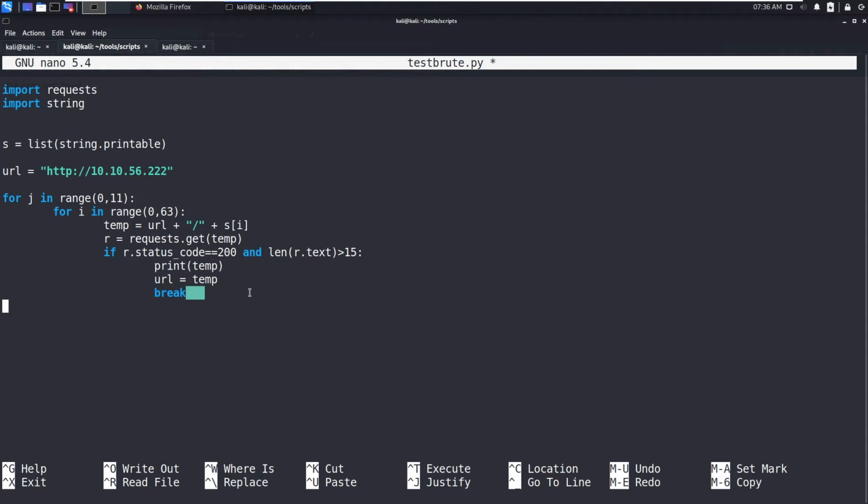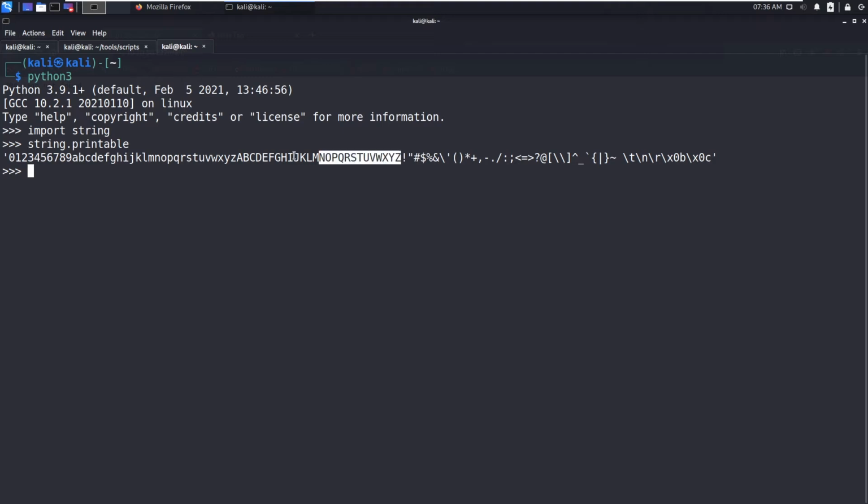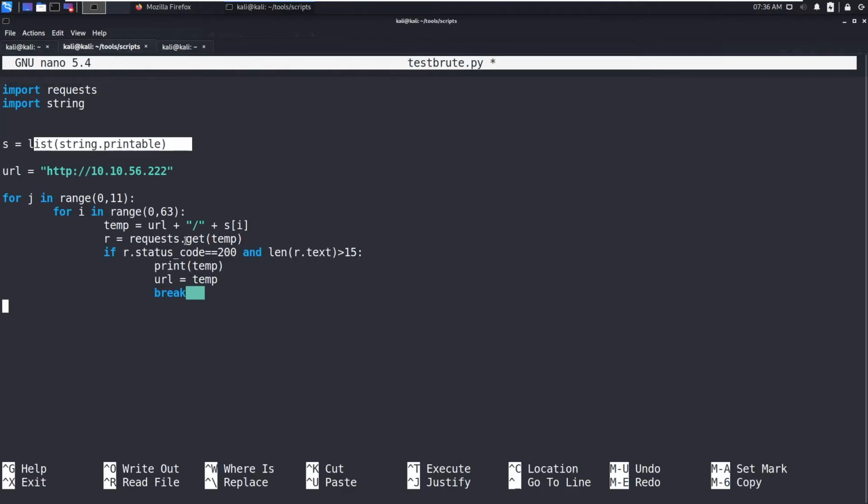I think this should do it. Let's revise once again what we have done. We have made these into a list, and from 1 to 62 we are iterating, and temp is equal to url plus this one. I think this should do it.